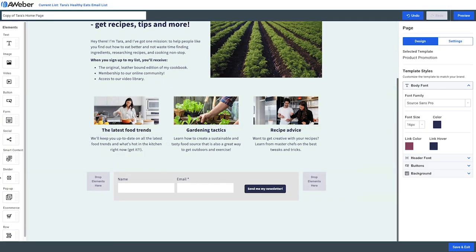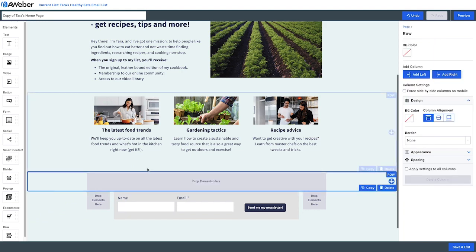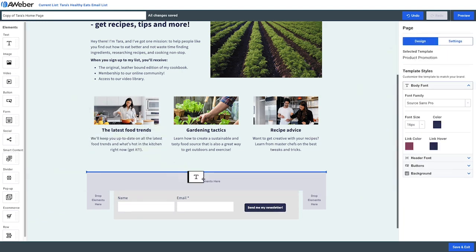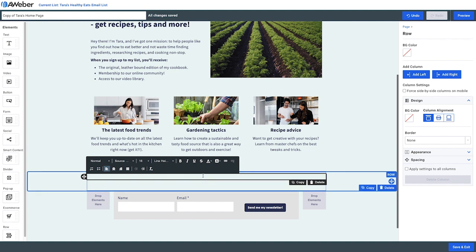Another idea you might want to consider is to create a quiz for your sign up form. So here, let's add a row right above our form, and we'll add some text letting people know they're going to be taking a quiz. We'll write, take the quiz and find out your results. So we'll highlight that, make the letters a little bit larger, and we'll bold them too. I think that's nice. And we'll finish it up by centering this text.